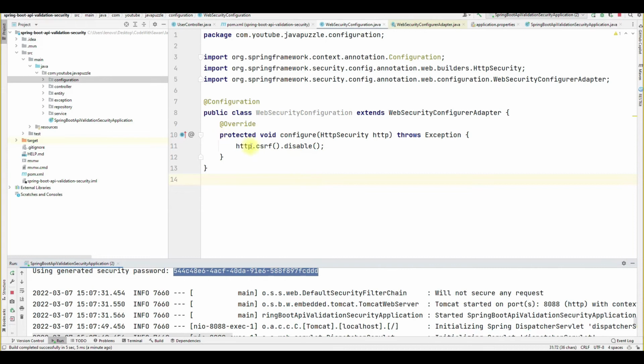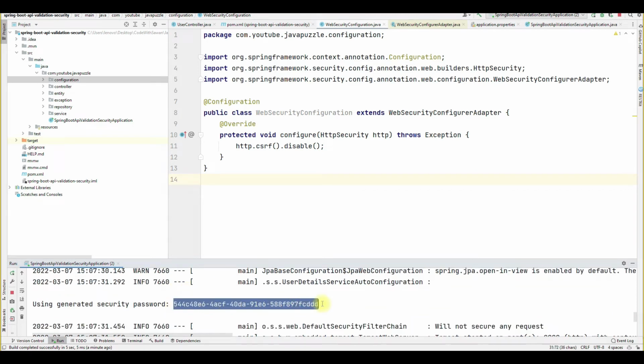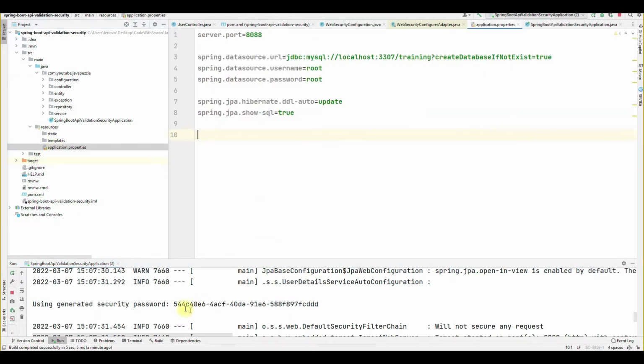Because we cannot do a post by default, we have to disable the CSRF token. The second thing is that currently we are using this generated security password. There is one other thing. If we want to override this username and password, by default the username is user and the password is generated in the console.